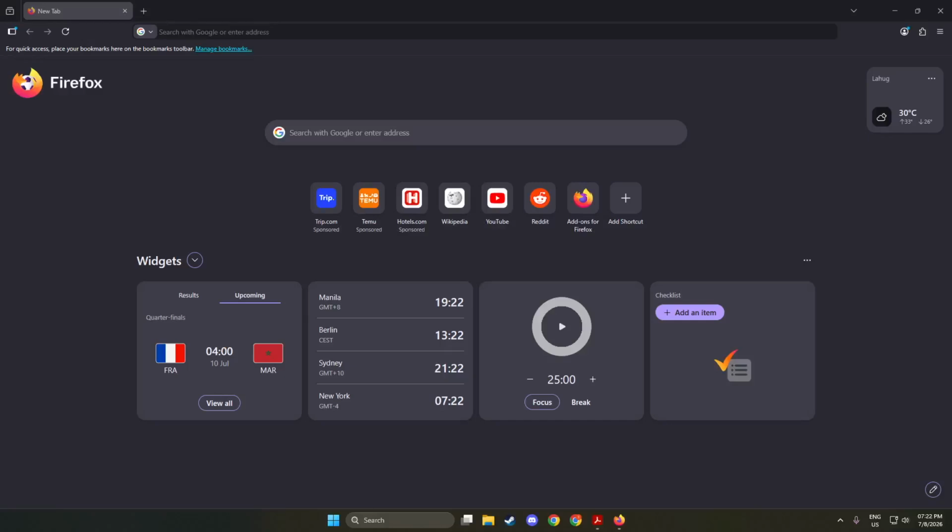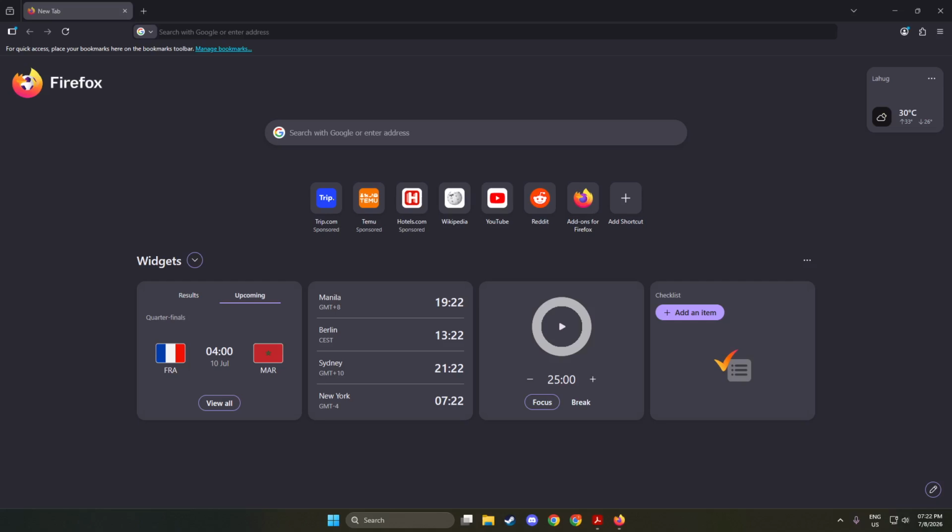In today's video, I'm going to teach you how to fix and repair Firefox. First, let's open Firefox. You will see the familiar Mozilla Firefox logo on your desktop or taskbar. It could be a bright orange fox on a blue globe. Click on it, and in just a moment, the browser will launch.